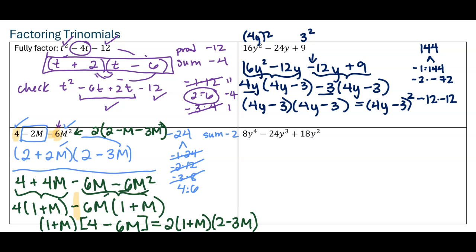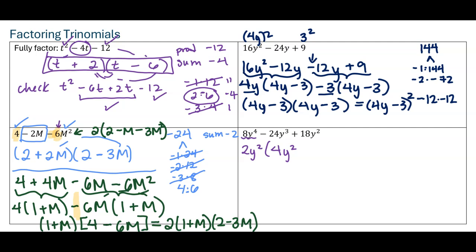One last one, just to get a few good examples in for you. I definitely see a common factor here. I can divide a y squared out of everything without making any fractions, and I can also divide out at least a 2. That might be about it. I think I get a 2 out of that. If I divide the 8y to the 4th by 2y squared, that leaves me with a 4 and a y